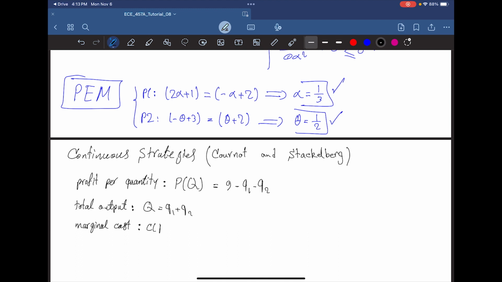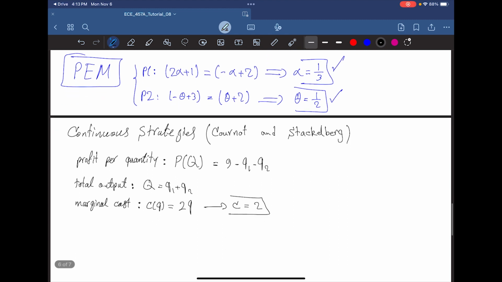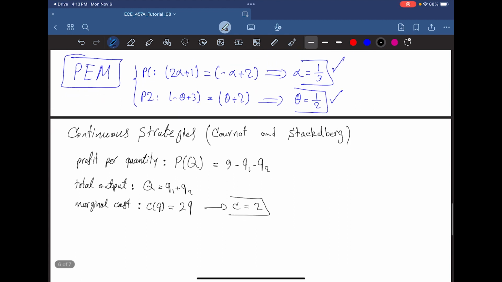It's C of Q, and it's equal to 2Q. You can consider that as like C value is equal to 2, like the notation you have in the slides in your lecture. All right. Let's get started and solve this with the